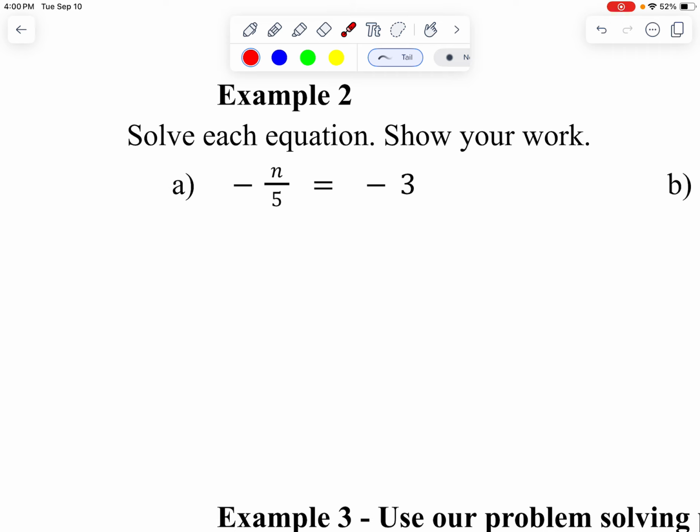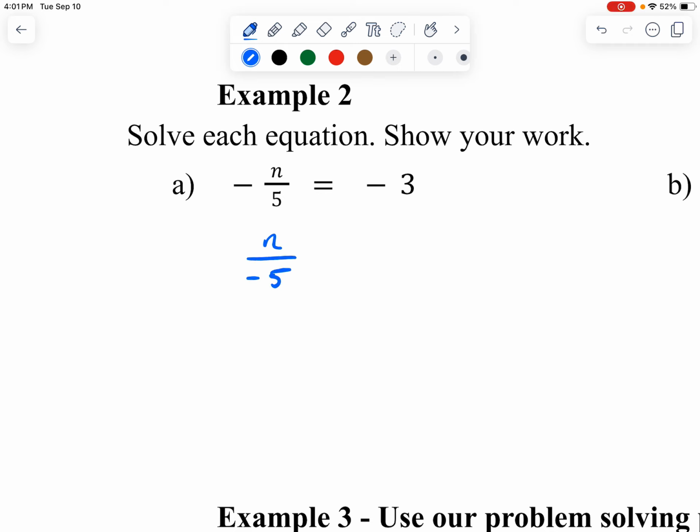So I've got negative n divided by 5. And it might help to even just say this out loud. I have n divided by 5. If you remember, we talked about if this negative sign is out in front, you can think of it as being negative n or negative 5. You can put that negative sign wherever you want. For me, it makes a lot of sense to do this,